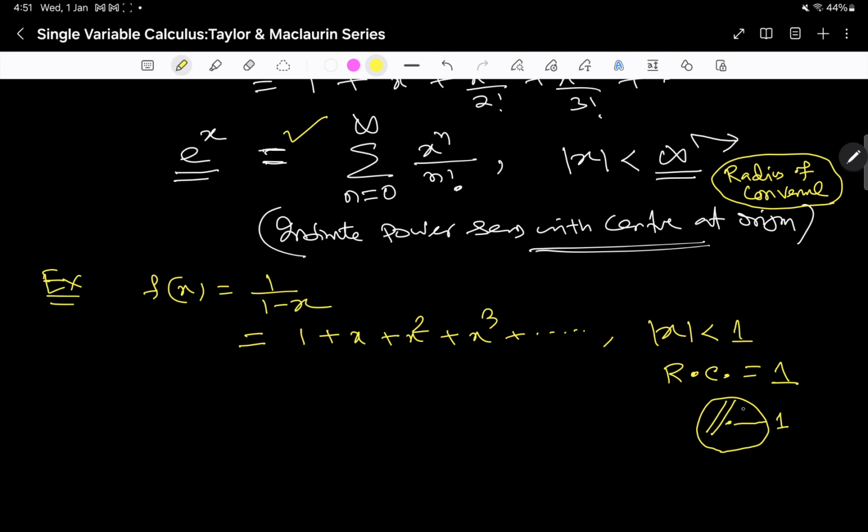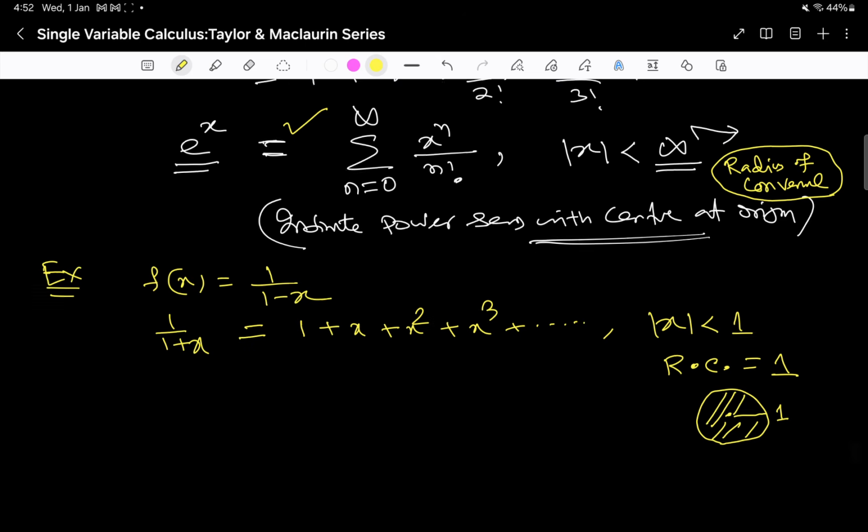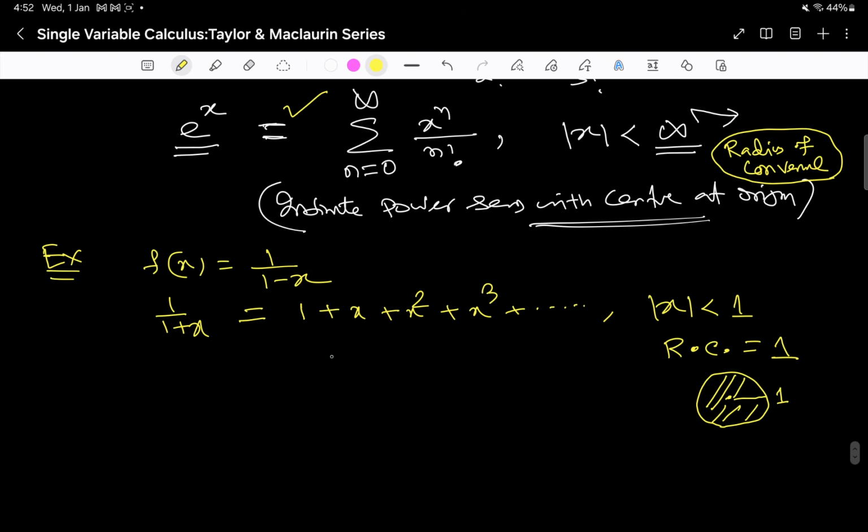Within this circle of convergence, this series will be valid, means 1 by 1 minus x will be equal to this, right? The radius of convergence is again a different aspect. I will tell you later what the radius of convergence is, while I teach you the power series. And how did I get it? It is because of the